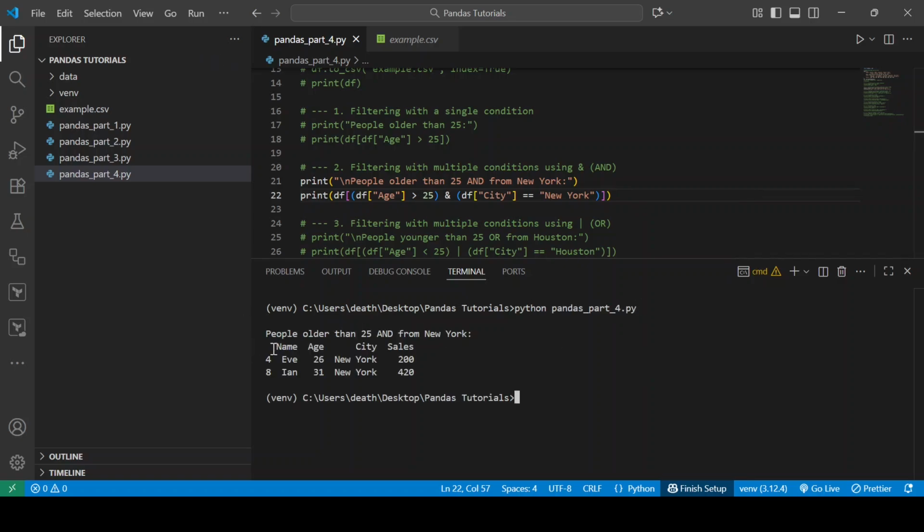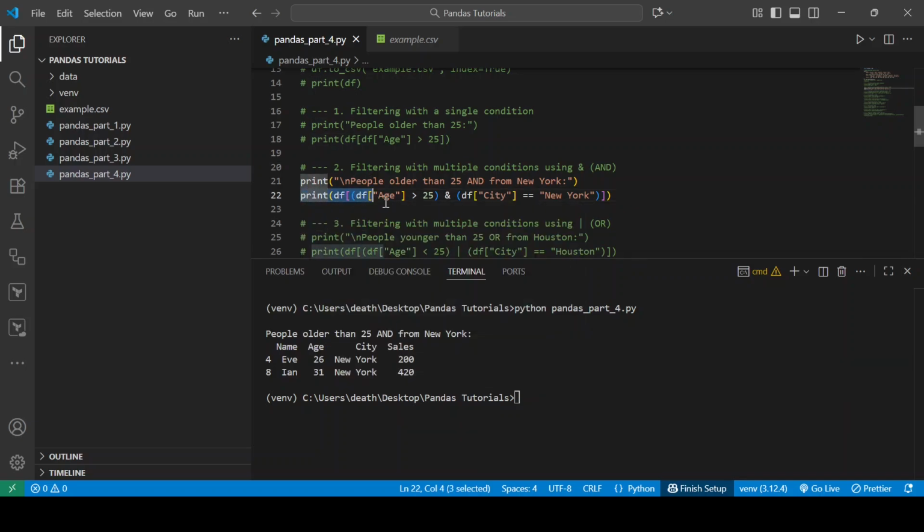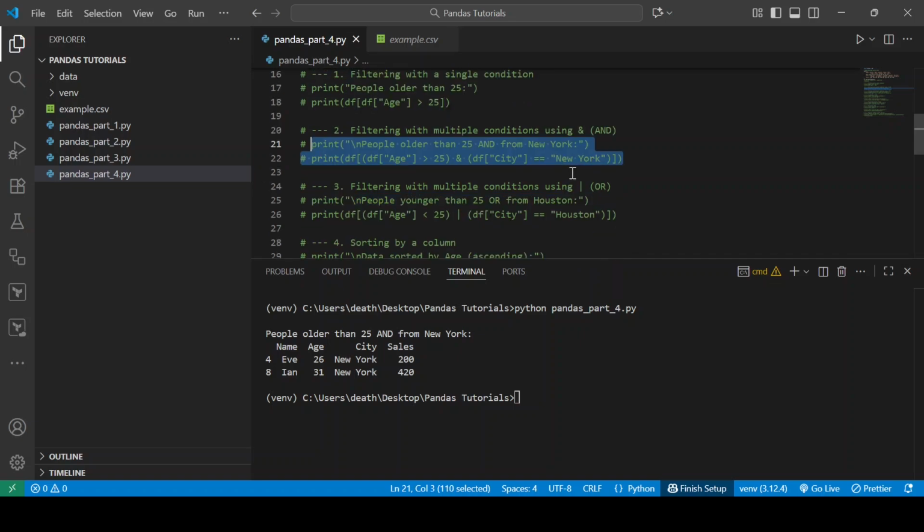As you can see, we have two of the entries: name, age, city, and sales, and the column names, of course. Eve, Ian, those are the two entries that are answering those two conditions: to be above the age of 25 and to live precisely in New York. All right, so let's comment that one out and let's go to the third one,